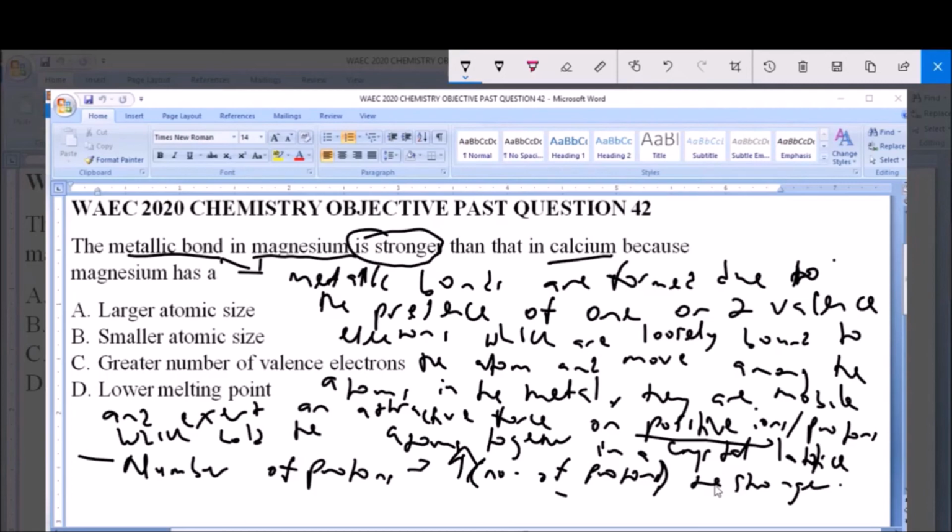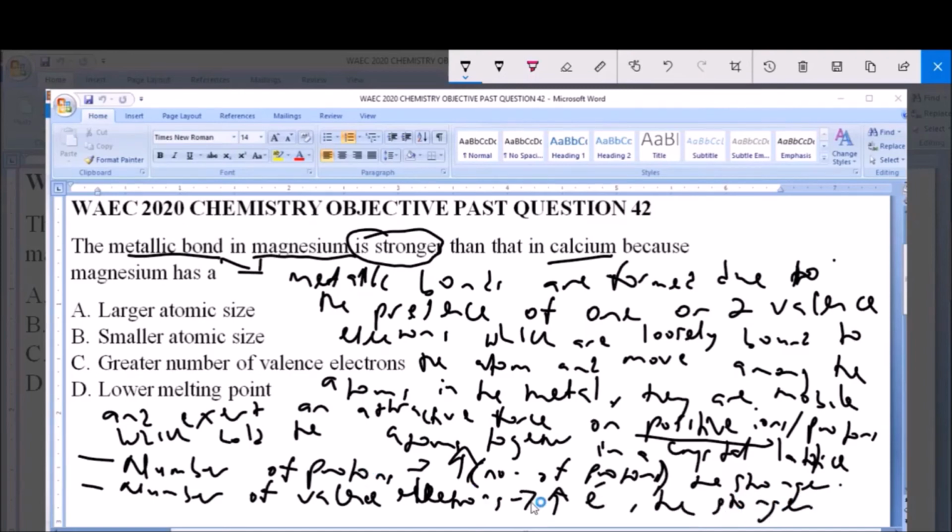Hence, the metallic bond itself will be stronger. Secondly, you have the number of the valence electrons. Now, the higher the number of the valence electrons, the stronger the bond as well. The explanation is also similar to that of the protons. So you would have more electrons to exert that attractive force on the protons, hence strengthening the